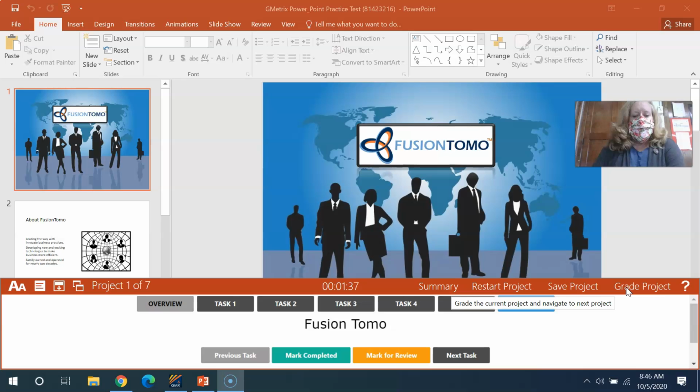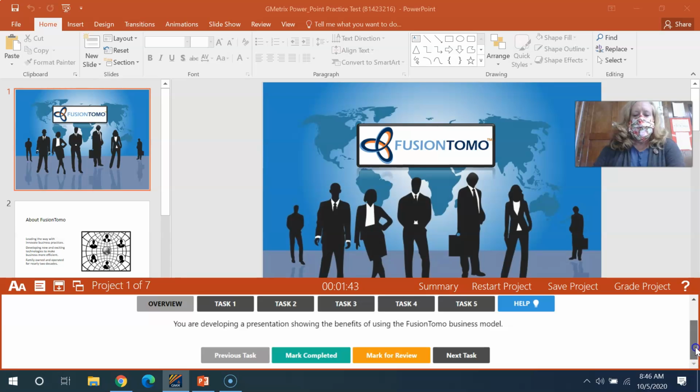Okay, so if you look here and there's a little scroll bar, it says Fusion Tomo, you're developing a presentation showing the benefits of using the Fusion Tomo business model. Okay, that's the overview. So now if I go ahead and click where it says task 1,